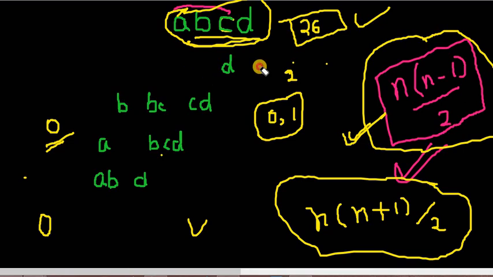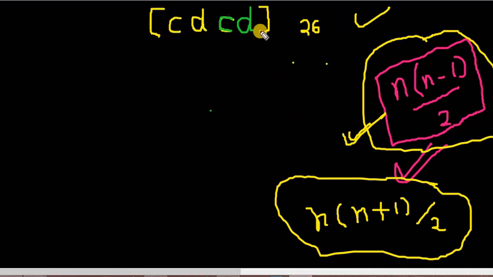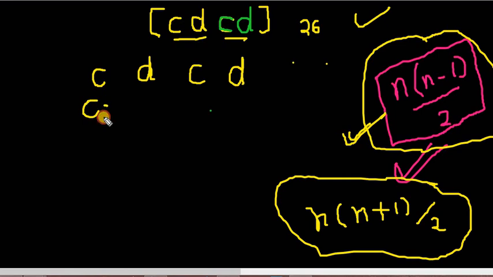So let me clear this quickly. Okay, this is the given string in the problem, in the explanation. So we'll again start with character C. Let's go for lengths, first length 1. So it will be C, D, C and D. For length 2, this would be CD, DC, and the last one is CD again.